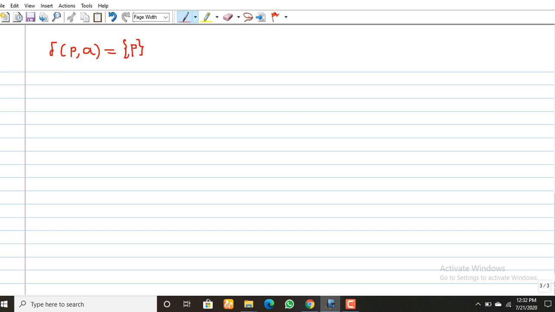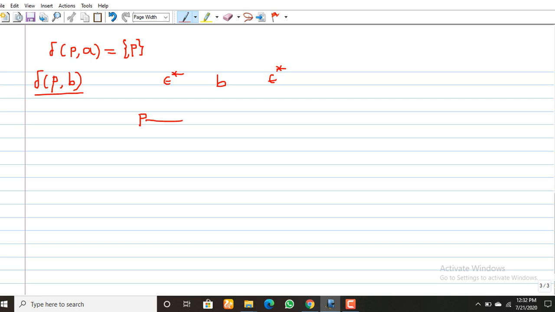In the same way, I am going to calculate del of P comma B. I have rewritten it as P, then B is added here. Before B, one epsilon closure is added, and after B, one epsilon closure is added. Next, what is the epsilon closure of P?